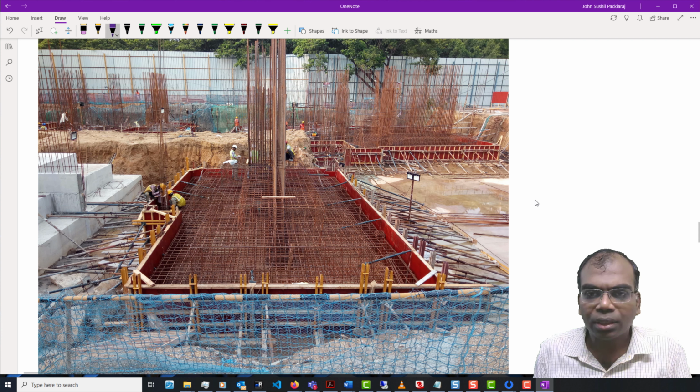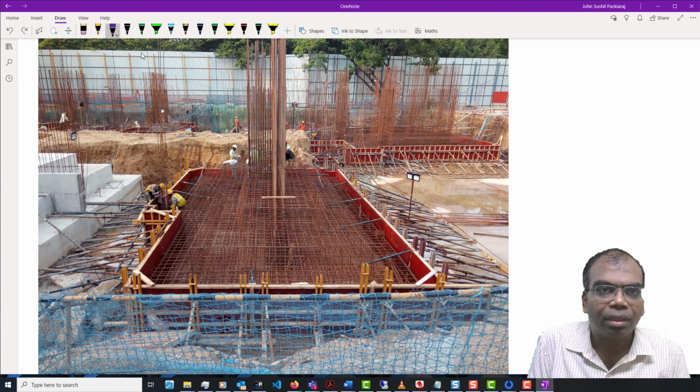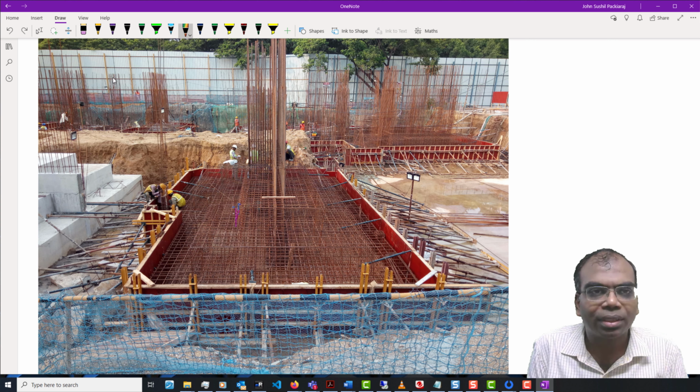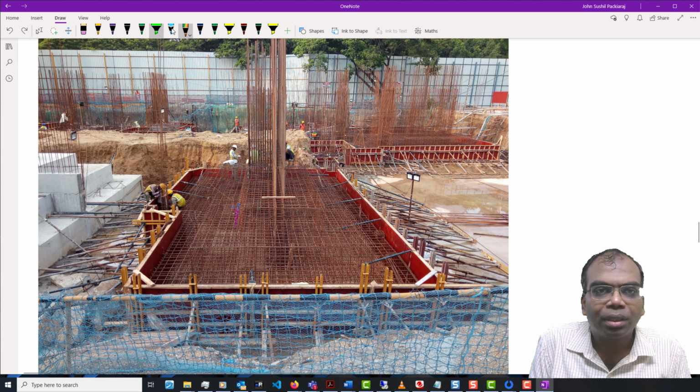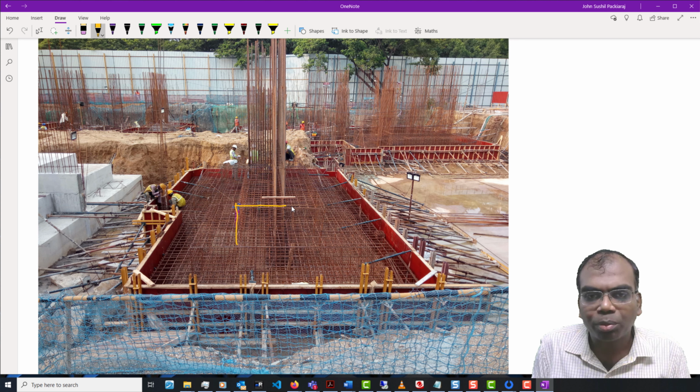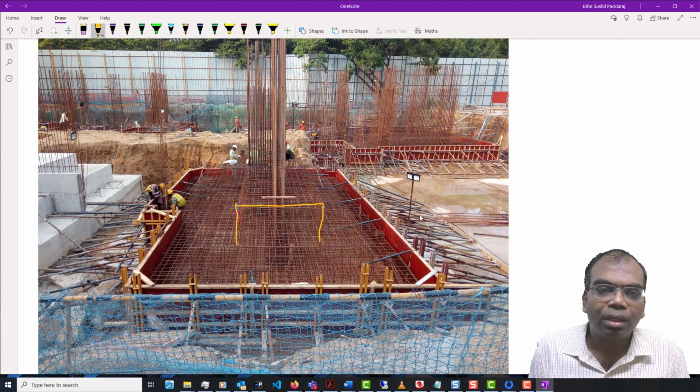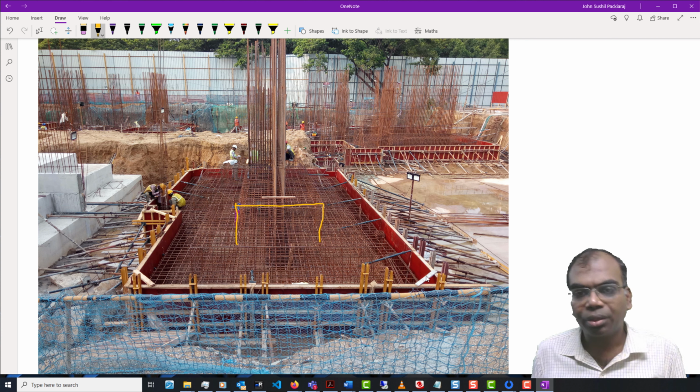And one more thing, maybe I'll just show some more things. So if you see, this is a raft foundation. This raft is almost 1 meter deep, more than a meter deep, and so to save the concrete, we have given a stepped footing. If you can observe over here, there is one more mesh of concrete. Wait, I'm sorry, this color is also not visible. Let me choose this yellow itself. So you can see here there is one more box which is coming. Now you need to be very careful.